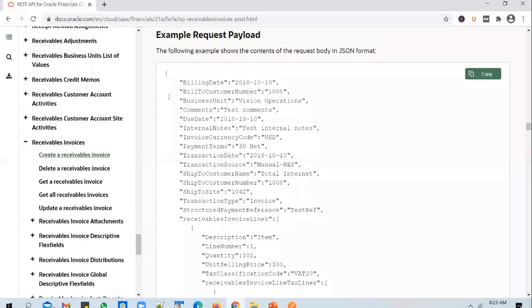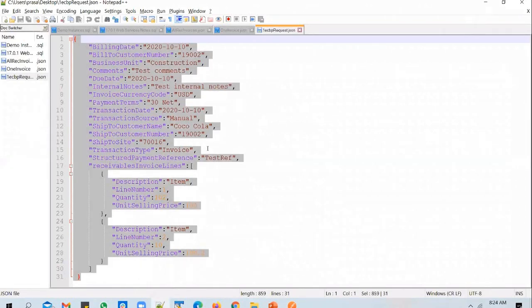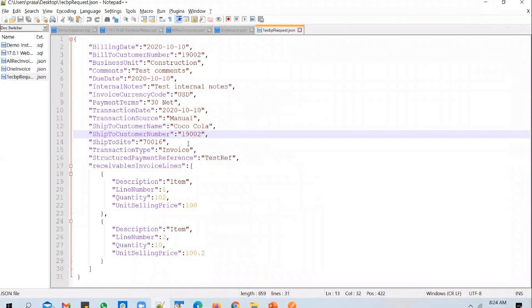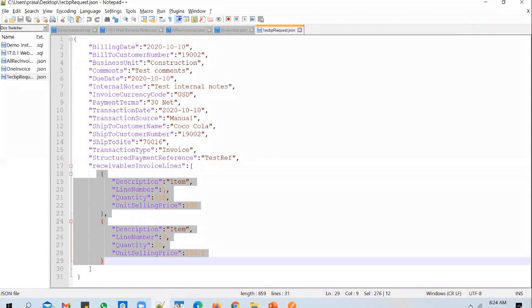Yeah, I have a sample payload available with me, and I can probably share this in the chat as well. But let's first test this payload and then I'll share it. So I have entered the details that will work in the ECBP test instance. In ECBP test, we have a BU called Construction, and I've changed in the details. I've picked up a valid customer from the ECBP test instance, and I want to create this invoice with 2 lines.